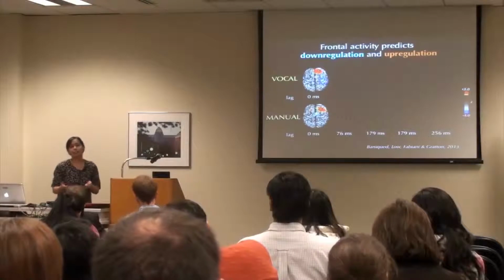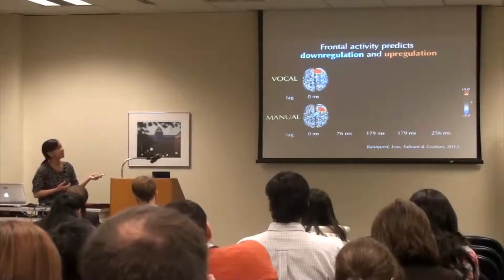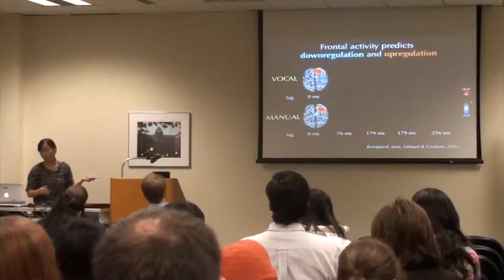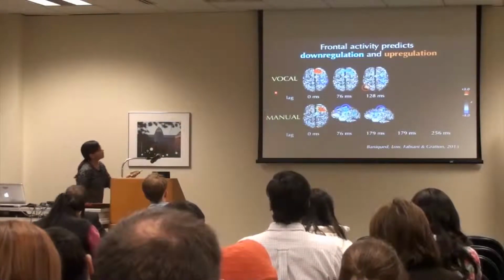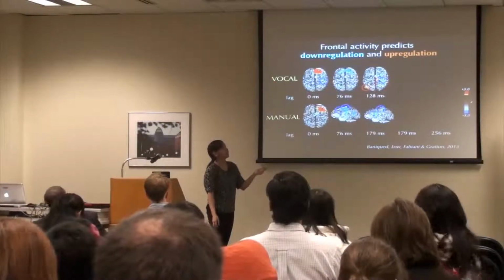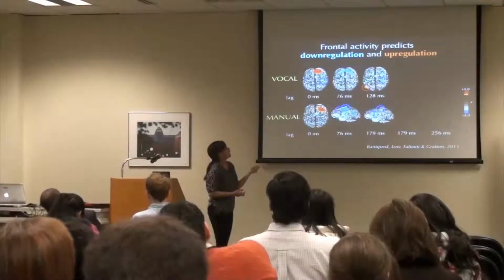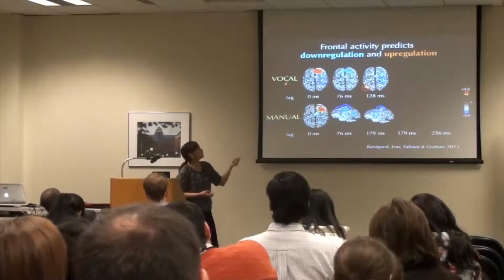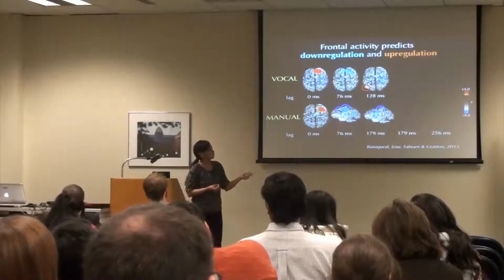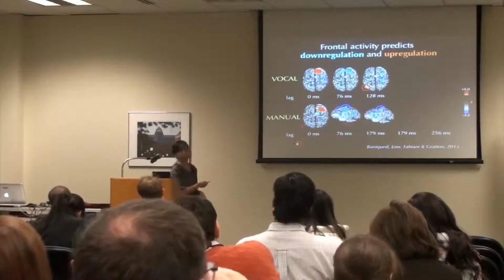Negatively correlated areas you can think of as areas that are downregulated with respect to right frontal areas. And areas in red are areas that you think of as being upregulated in response to activity in this area of the brain. So what you find, let's say for the vocal condition, is downregulation of a region in the right motor cortex, and particularly in the region of the hand area. And we know that this hand area is the irrelevant region for the vocal task. Similarly, for manual, what we're seeing are the blue regions in areas that are important for speech production, which are irrelevant for the manual task.